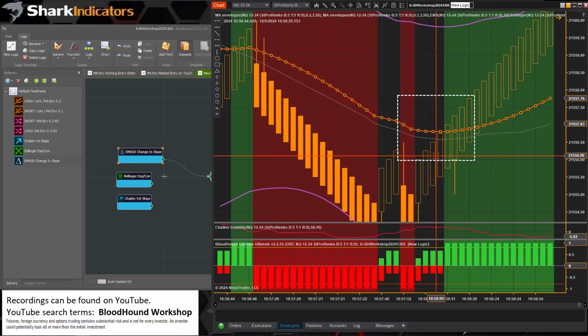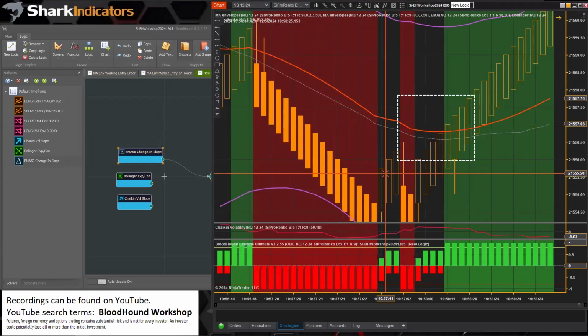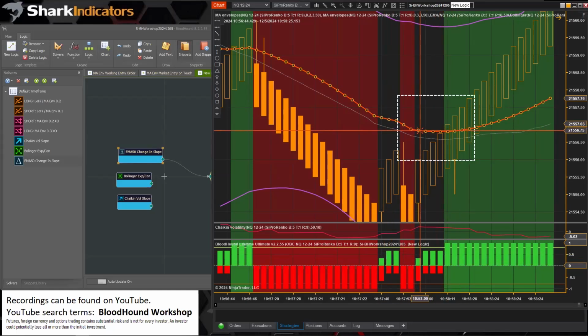So, Manny didn't specifically explain how he's using the change in slope. The way it's set by default here, since we're not building a fuzzy logic system, it's really just telling us whether the indicator is sloping up or sloping down, right? However, when it does begin to roll over,